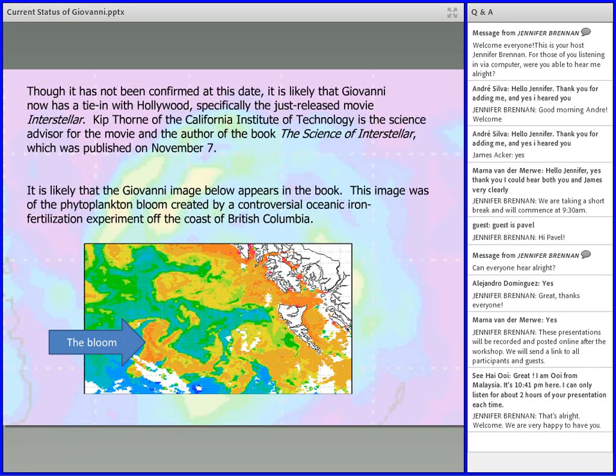This particular image was generated using Giovanni by the Guardian newspaper in the UK and made the rounds in the media. And it ties in with some of the climatic events that are happening on Earth in the movie. I won't tell you anything more. I'll recommend seeing the movie and buying the book.